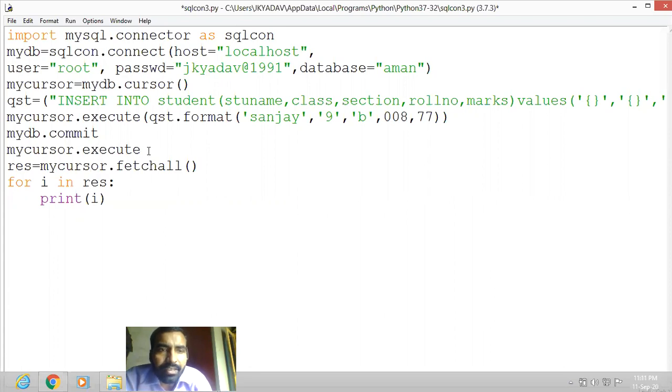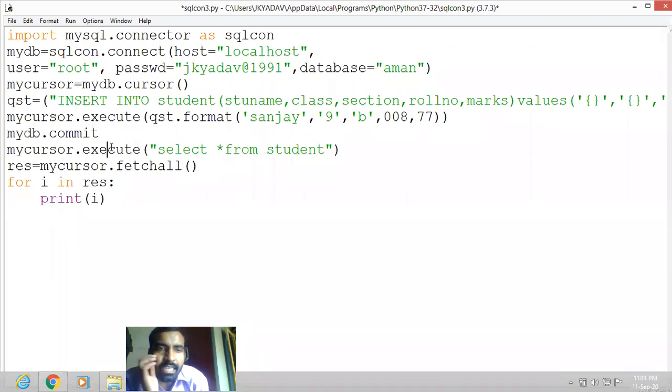So for displaying we write here again my cursor dot execute. Then I write the query select from student. Okay, select from student, my cursor dot execute select from student. Then we write res my cursor dot fetch all, then print I.